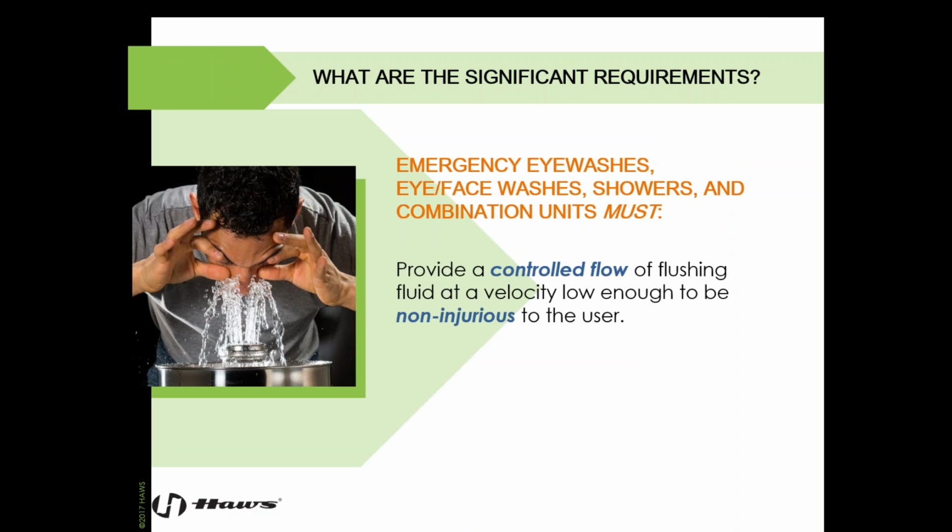All equipment needs to provide a controlled flow of flushing fluid at a velocity low enough to be non-injurious to the user. So an emergency shower, for example, is providing 20 gallons per minute at 30 psi. Just to put this into perspective, this is approximately 10 times the flow rate of a home shower. So the pressure is harder than you would expect, but the intent is to get the chemicals off of your